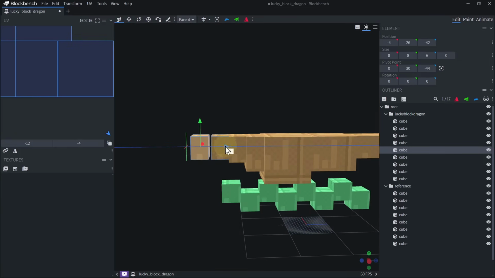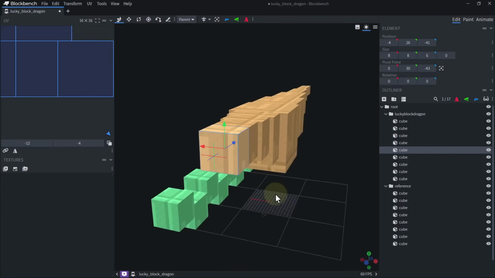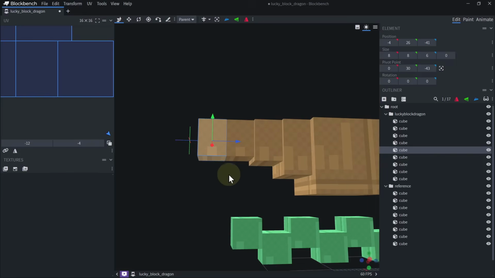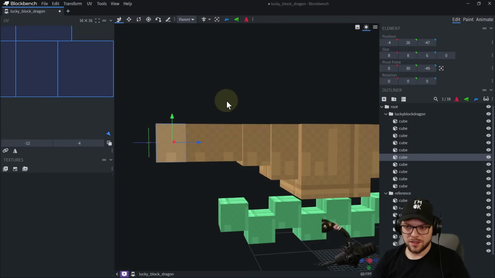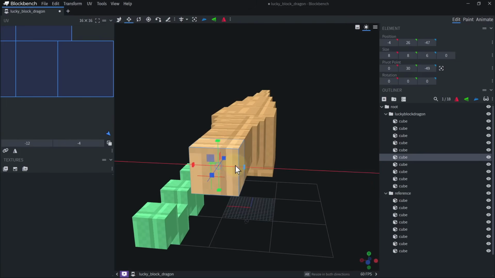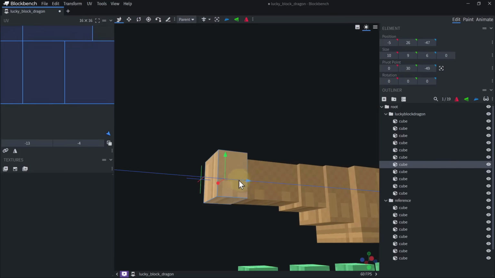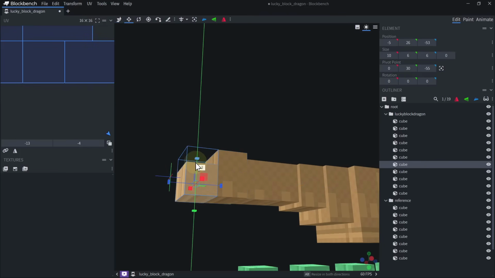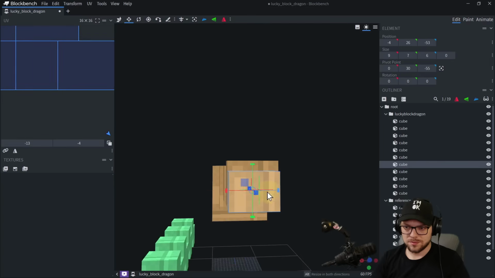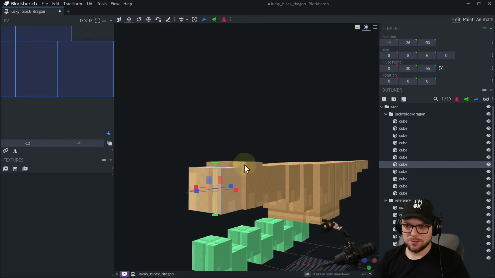I think a long and skinny neck would be going pretty far here. Adding that, and then we get to the head part. So we'll go a bit out like that, bit up, to sculpt the back of the head, and then take this down. Now, being a block type model, I want to keep it with the dragon kind of